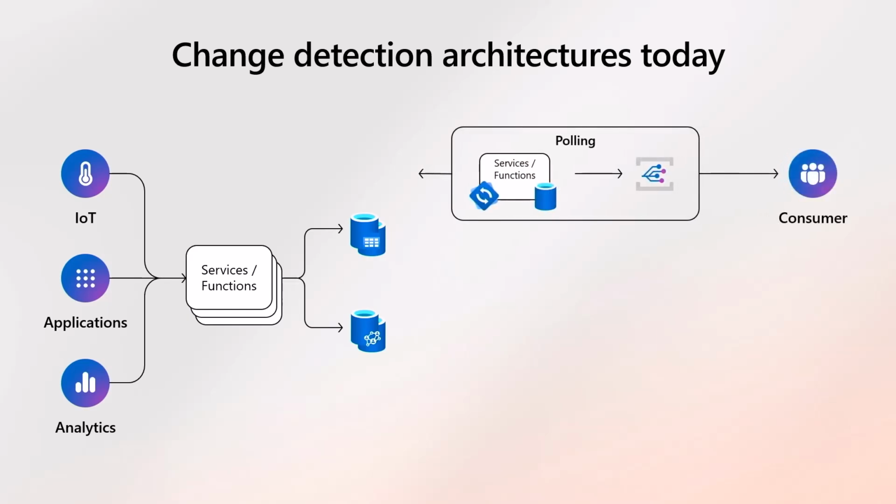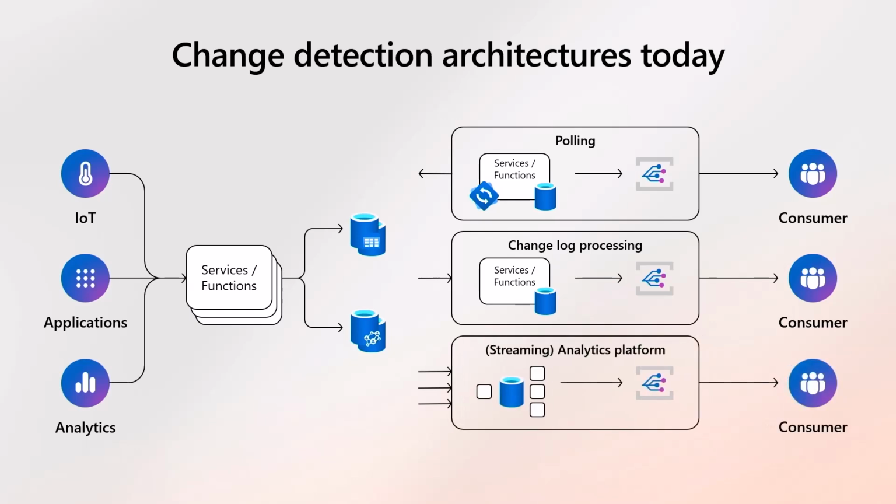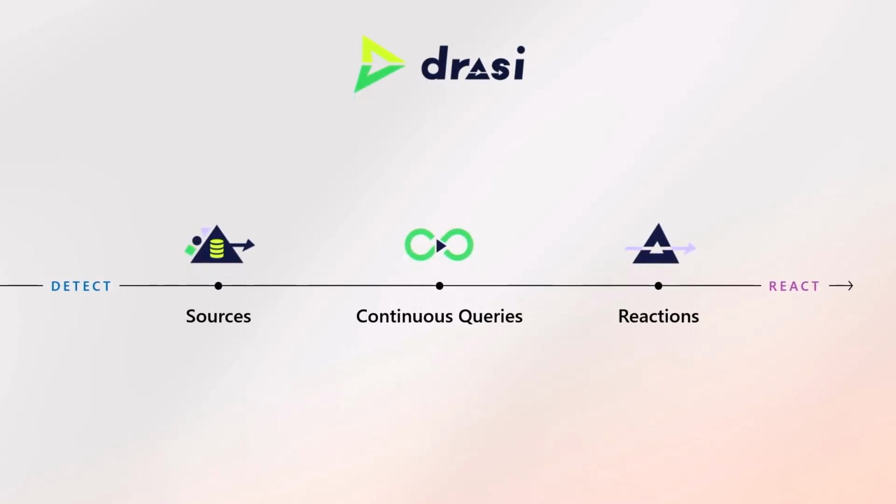Now, the problem is that the way that people write change detection architectures today is really cumbersome. First of all, many systems only allow you to poll, so you have to sit here and ping over and over again. Some of them have change feeds that you got to process, but sometimes you need to poll and change feed, merge those together. And then finally, some of them have streaming that you need to merge into it. And then the logic that you put on top of that for, did this happen? Has this thing not happened in 30 seconds? Very complicated, very brittle.